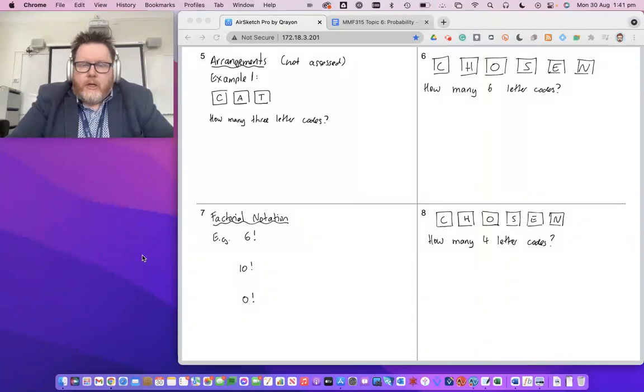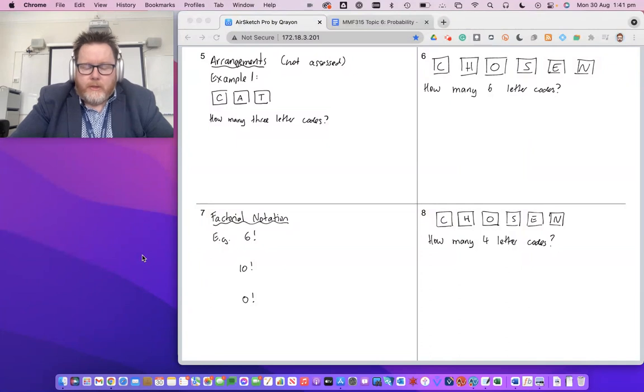Hi there. In the last video, we had a look at the difference between permutations and combinations, or arrangements and selections, knowing that we really need to focus on combinations, but we're going to do that by looking at arrangements first because there are some good building blocks here. We're going to do it by looking at some examples. So how do we actually go about working out how many different possibilities there are when we're given a situation